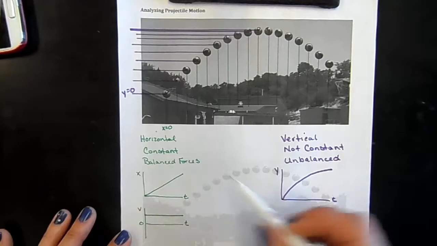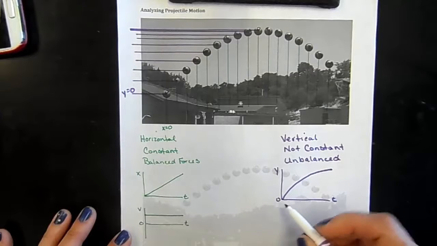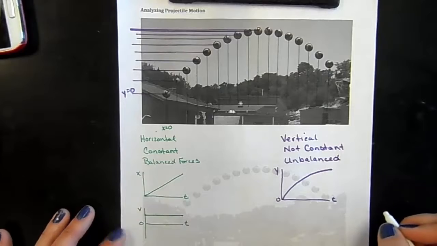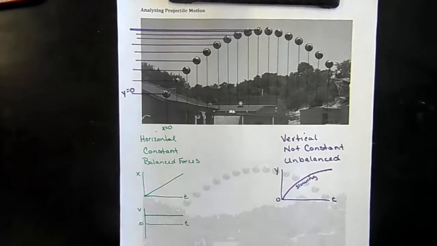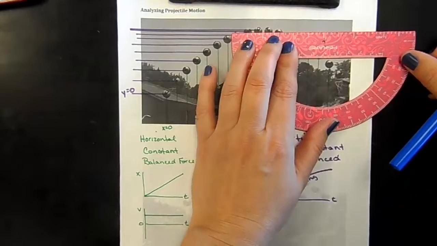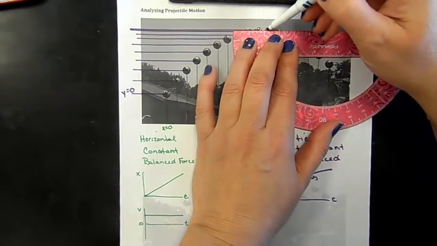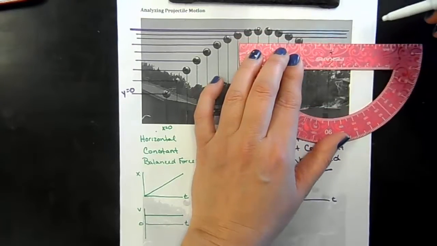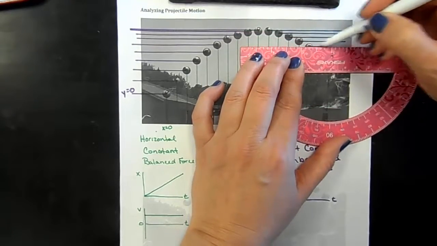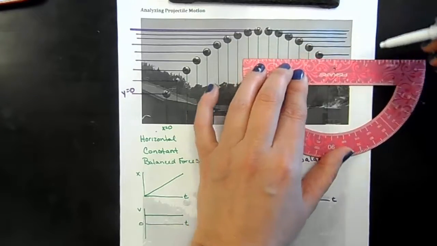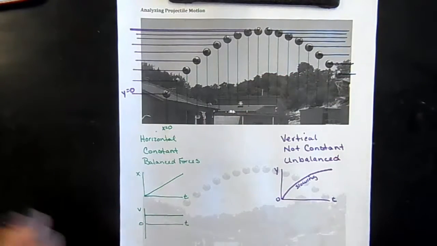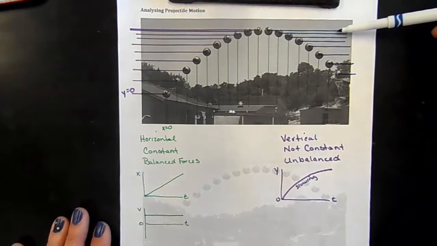And this is showing that we're starting at y equals 0. And as we go up and up, our slope gets smaller and smaller. So we must be slowing down. But if we keep going on our motion, what's going to happen? There it is. So if we continue this motion, what we're looking at, the space that's changing, the y direction